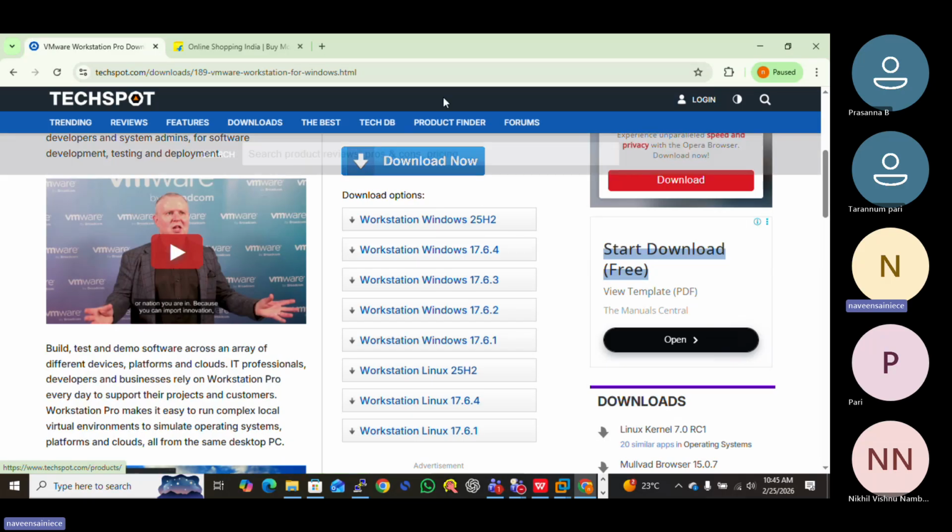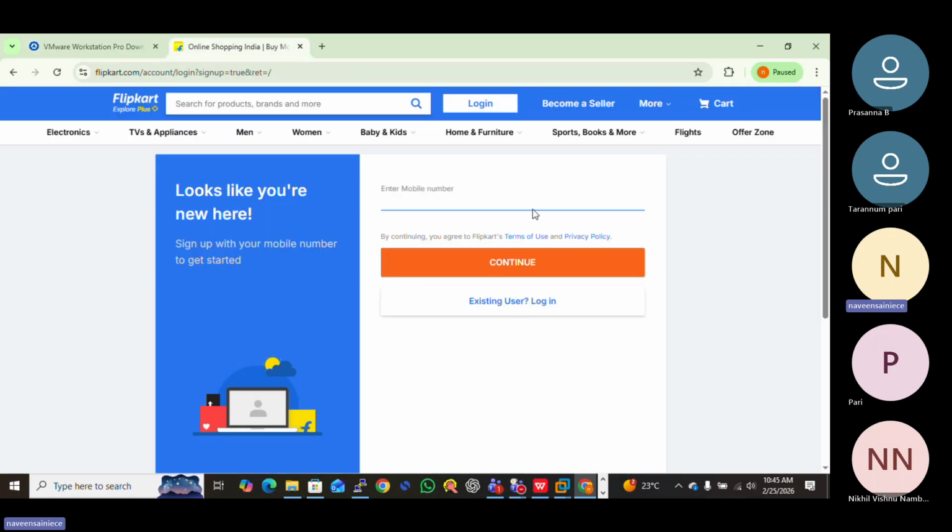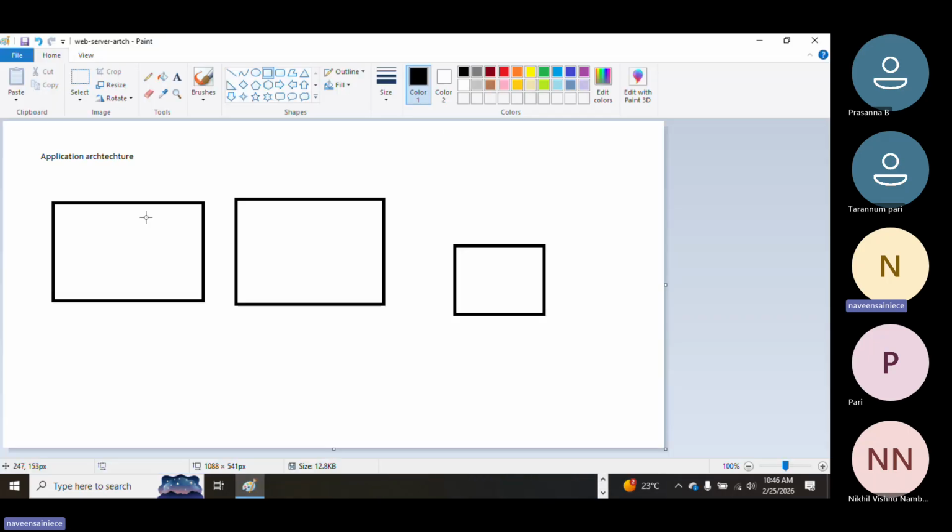So I will give you a simple example. Now here, whenever a new user comes, a sign up screen is there. So here, first of all, user will come from here.